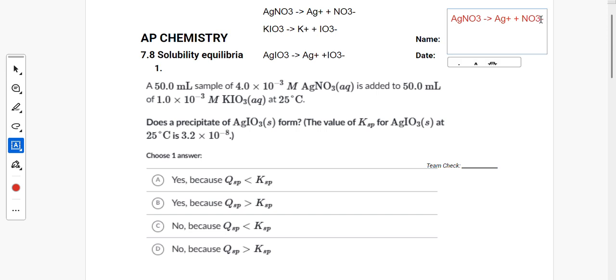Okay, so we've got AgNO3. I have 0.5 times 4.0 times 10 to the exponent negative 3. Okay, and that is liters on this one, times moles per liter, and this is actually in moles per liter, so the liters cancel on that one. But all of that is going to be divided by